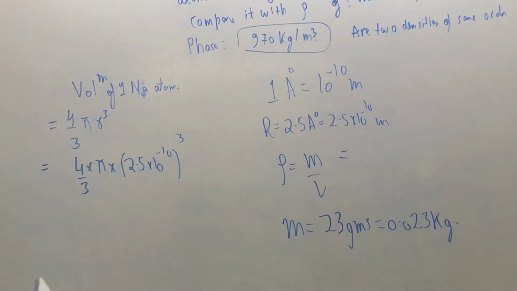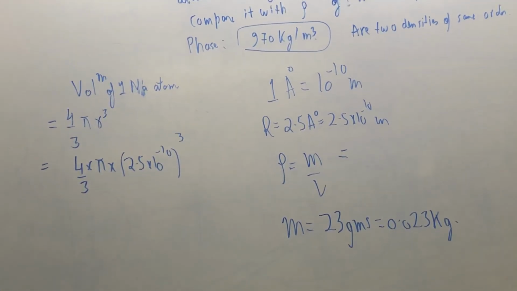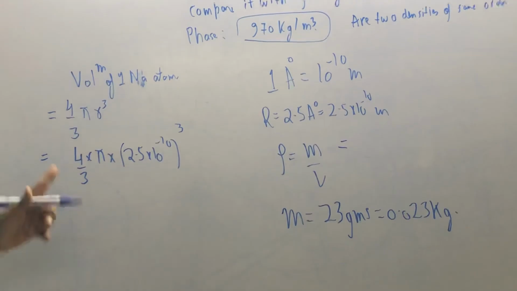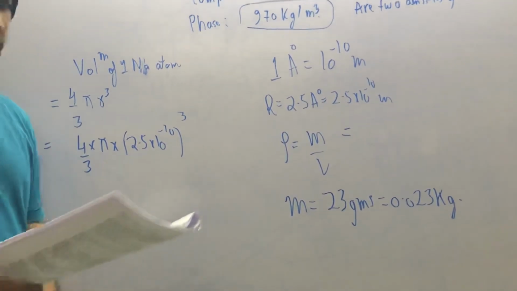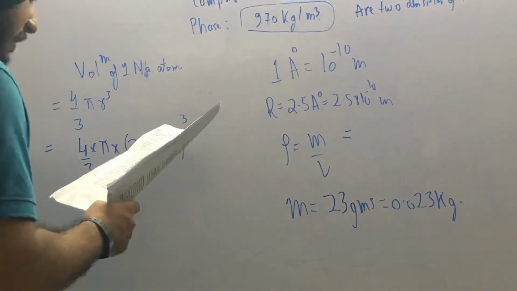Okay, so this is the volume. Now you know the volume of one atom. So in 1 mole there are how many atoms? Just multiply it by Avogadro number. Okay, so upon multiplying it by Avogadro number,